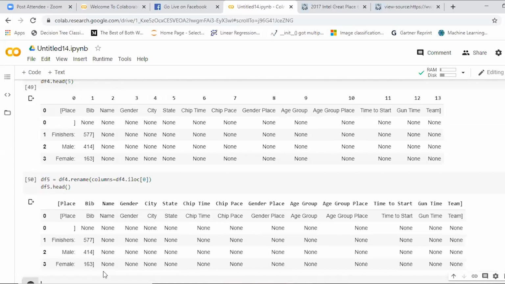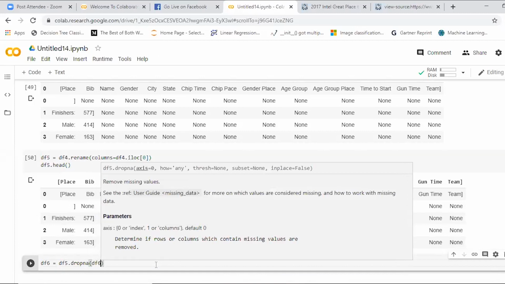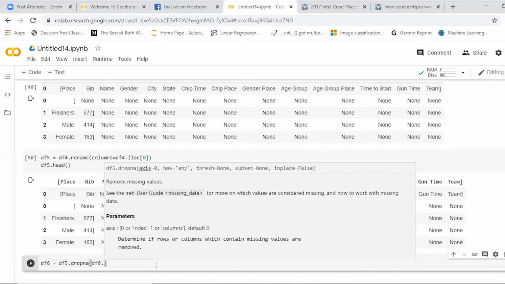Now we'll drop the unnecessary values with the help of dropna, drop null values, in pandas. Is it clear till here? We may have just 10 more minutes because we are at the end of it, but at the end you'll be satisfied with what you have done. Yes. Now we'll rename it. We'll drop the unnecessary values.